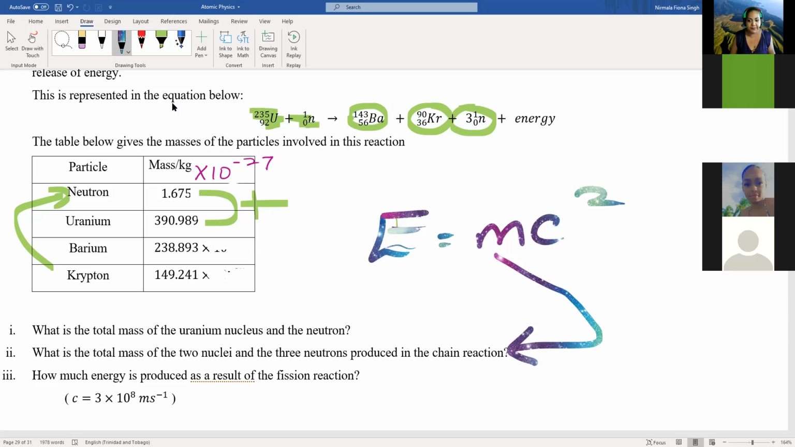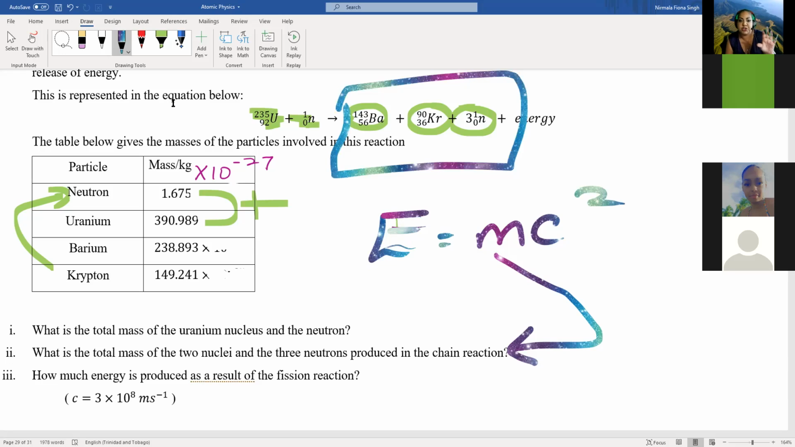Because remember what happens here: when we are splitting uranium, we fire a neutron into it, it absorbs that neutron, it becomes unstable, and then it explodes to give us our barium, krypton, and 3 neutrons. So our energy as a result is going to be from the explosion of these 5 things. So how do we get our energy? Again, they're telling us